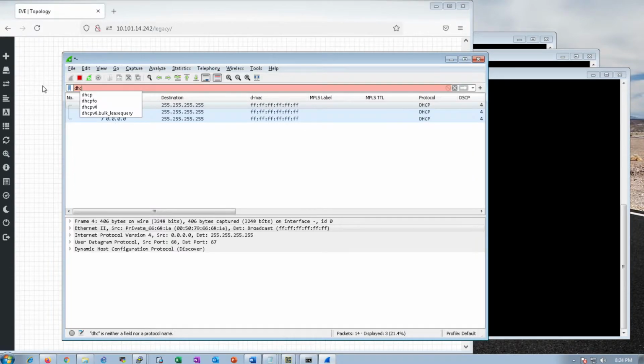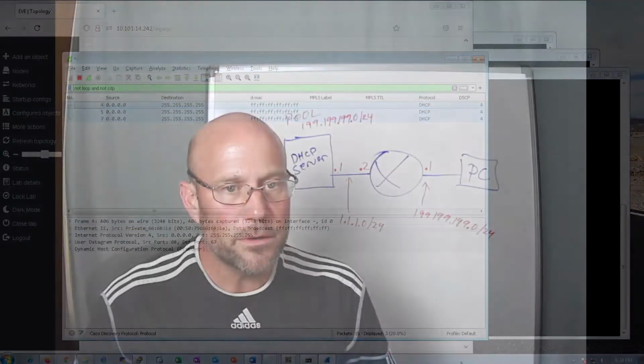DHCP. I prefer it the other way, just to make sure that we don't miss something. I'll remove the things I know I don't want. Okay, so what I want to show you on the sniffer, just to make sure you're clear, is that the